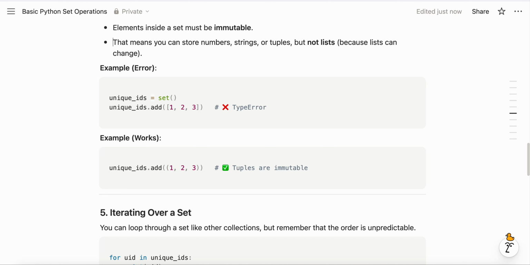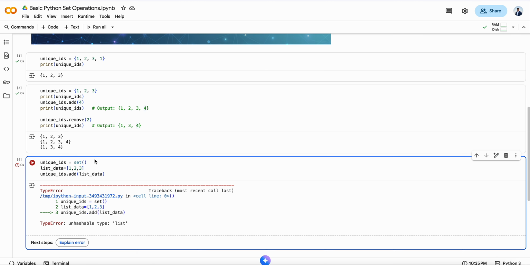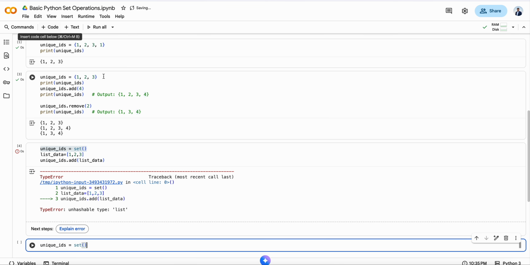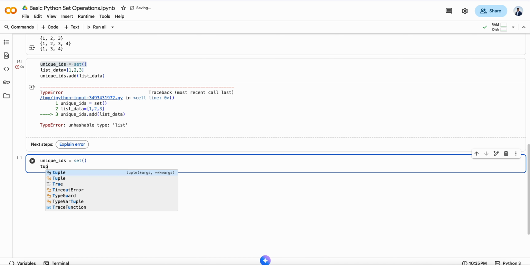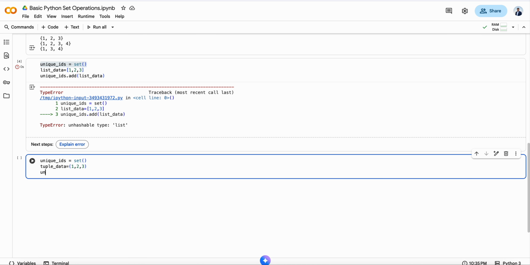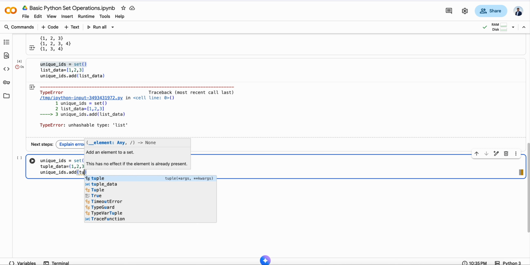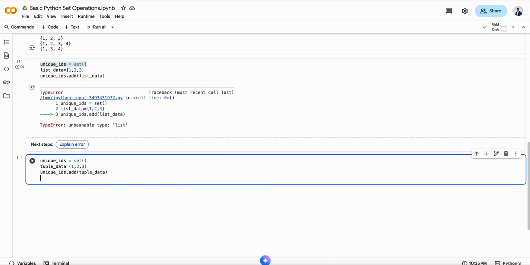What I will do for unique IDs, I will take unique IDs as a set. So, I will create the code. This is the IDs set I created. Now, tuple data equal to 1, 2, 3 I added. This is tuple type data. So, let's add unique IDs dot add tuple data, we are adding. Let's print